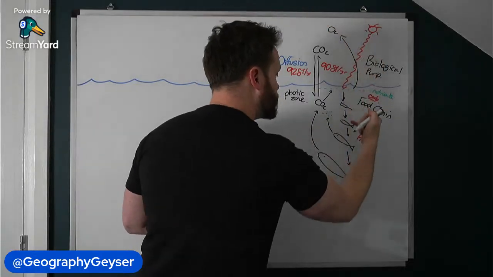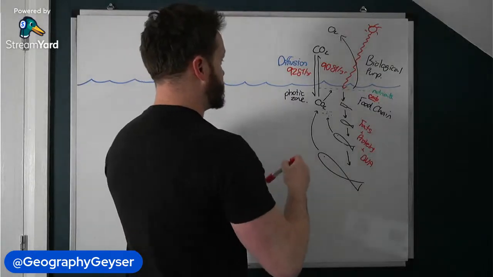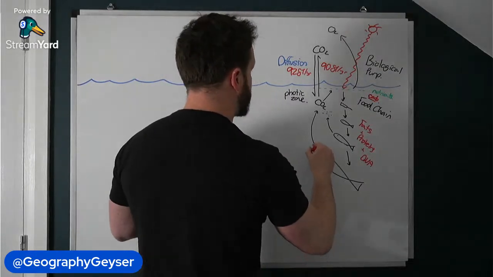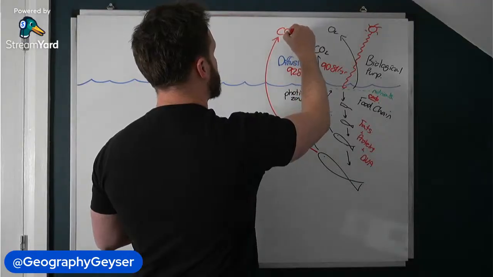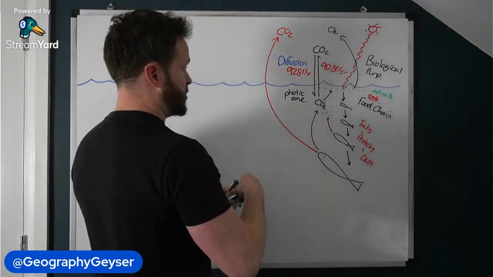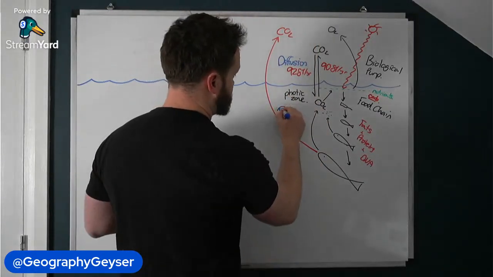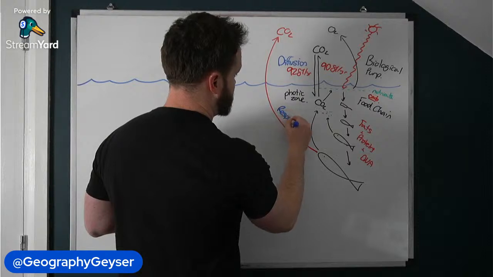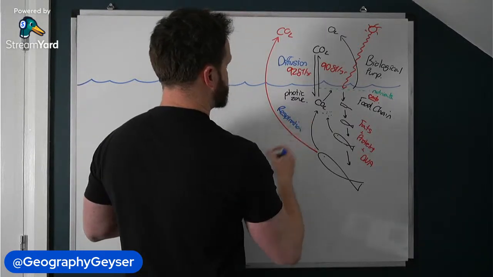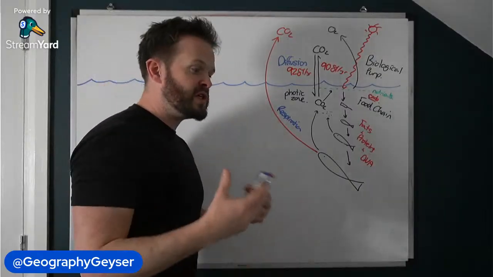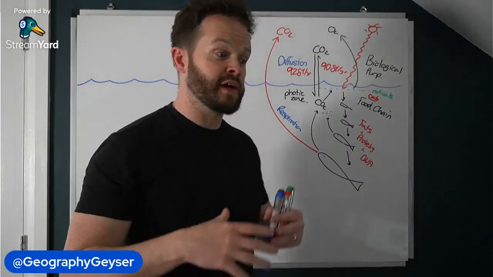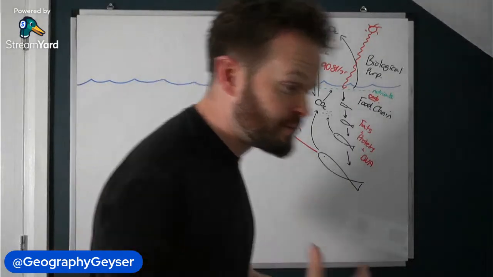As it moves through the food chain, we know that there is also a mechanism by which carbon dioxide is sent back out. And the name of this flux, obviously, is respiration. So as carbon moves through larger organisms, there will be increasing carbon that is returned to the atmosphere via respiration.